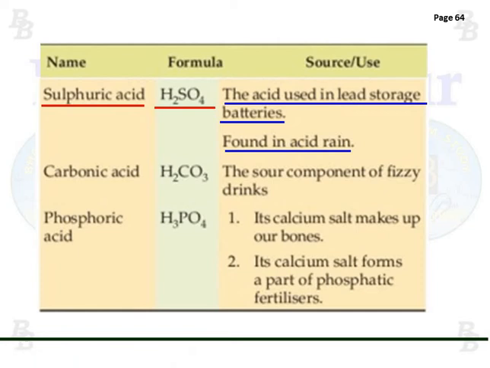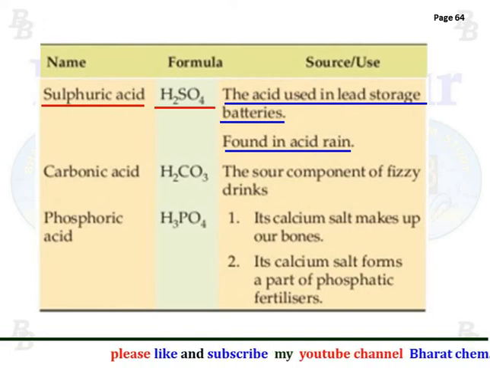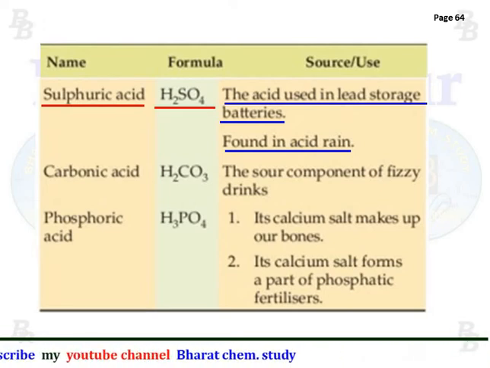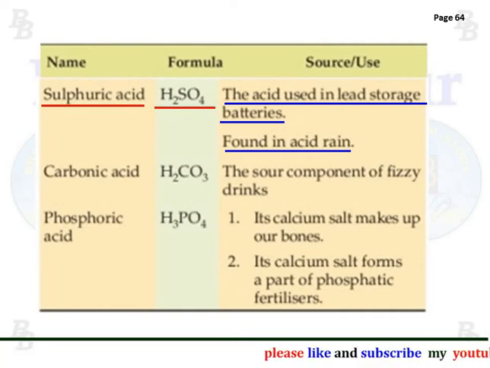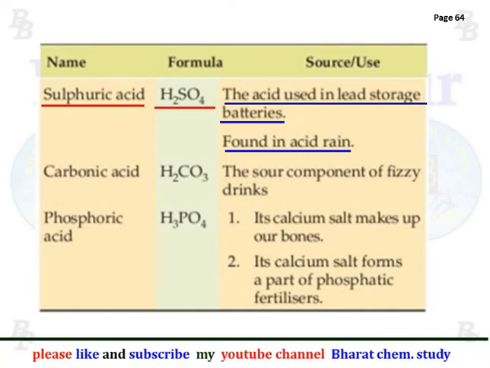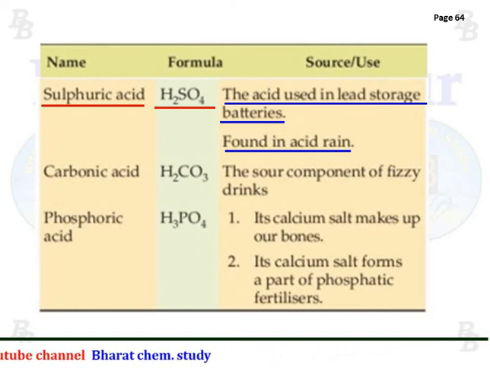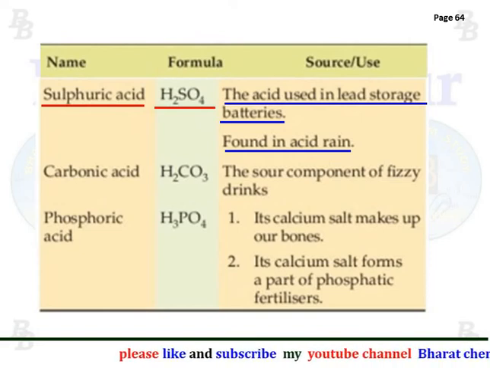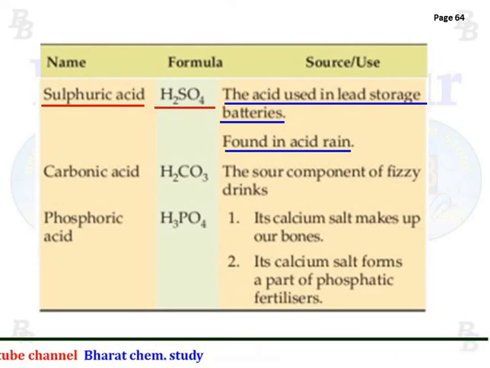And acid rain is a rain which basically occurs in the most polluted cities. Due to pollution, various different gases move upward, and when they react with the water present in the air, they form the respective acids, and when these acids come down along with the rainwater, such rain is called acid rain, which is harmful for plants as well as humans. So acid rain contains a few drops of sulfuric acid in it.